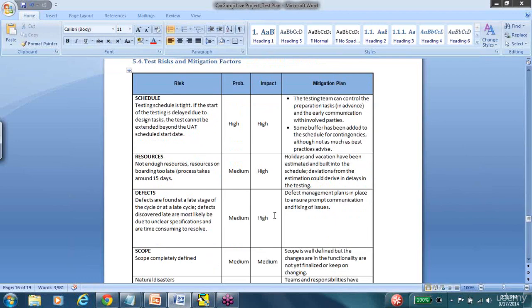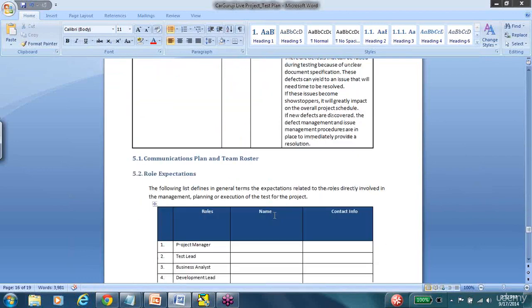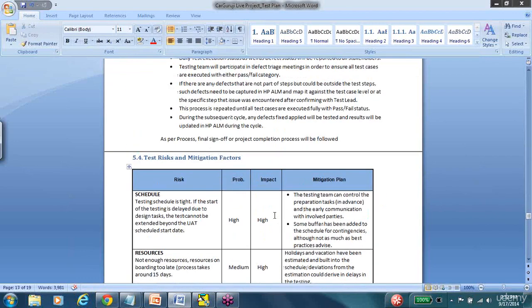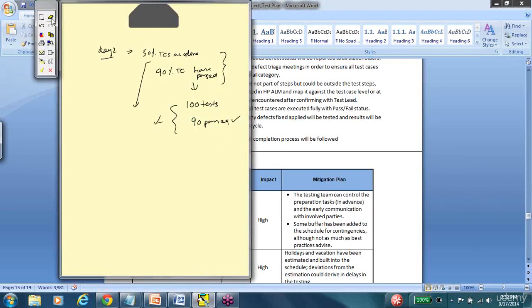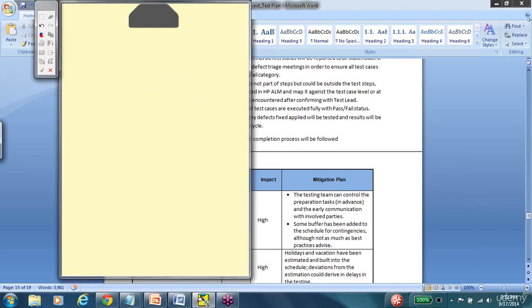And that brings us to the last section of the test plan document, which is the risk section. Now, risk is very important to assess in every project. Now, let's talk about the risk management process from the beginning. Now, risks are any potential problem. So when we talk about a potential problem, it means that the problem hasn't happened, but there is a chance that